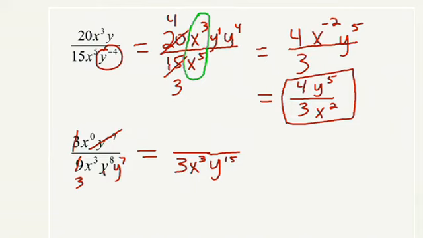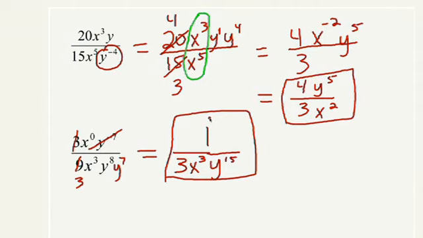And if there's no variable or number in the top, you can always think of there being a 1 up here. So this is the final answer to this problem, 1 over 3x cubed y to the 15th. Another common mistake is sometimes to put a 0 up here. That's also incorrect. So if you do one of these problems and you have a bunch of stuff in the denominator but nothing in the numerator left over, go ahead and put a 1 up there. That's what's supposed to be there.